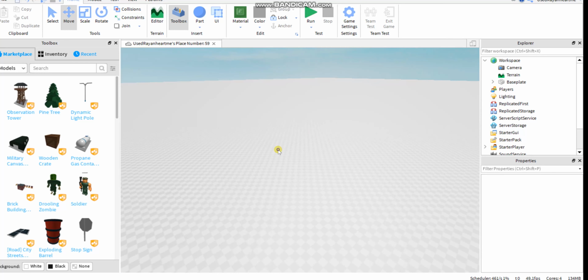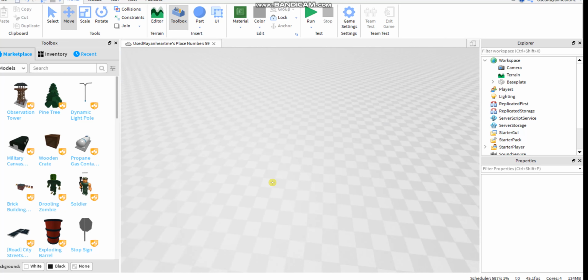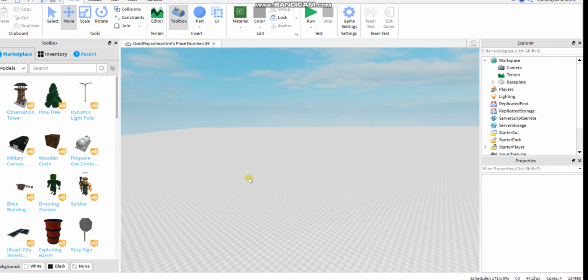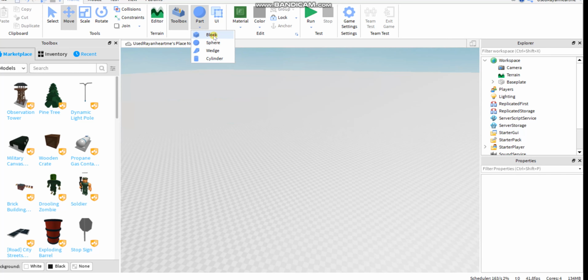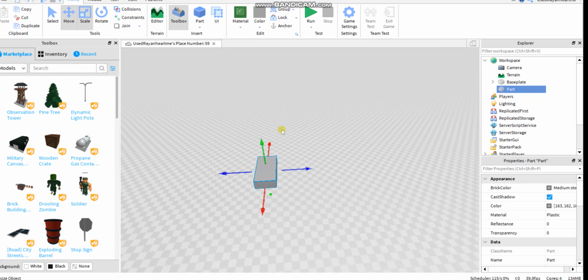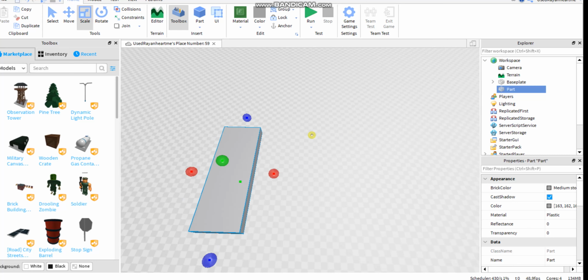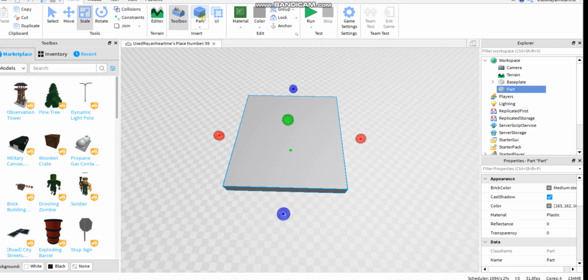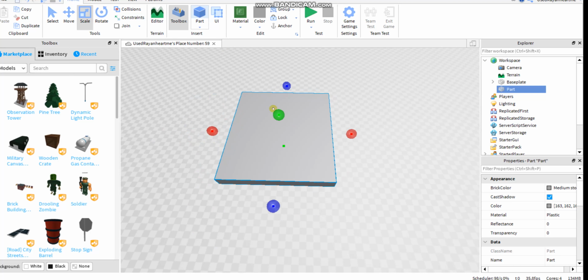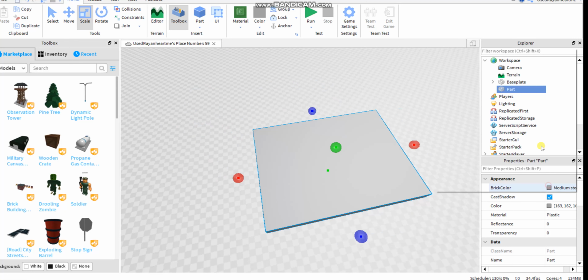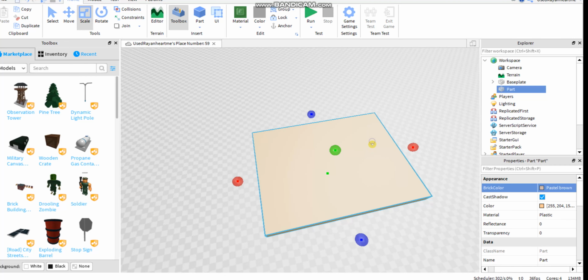This is the third tutorial. Okay, so now in this tutorial, I'm going to show you how to build a house. So first we'll set a part, then we'll scan it, and then